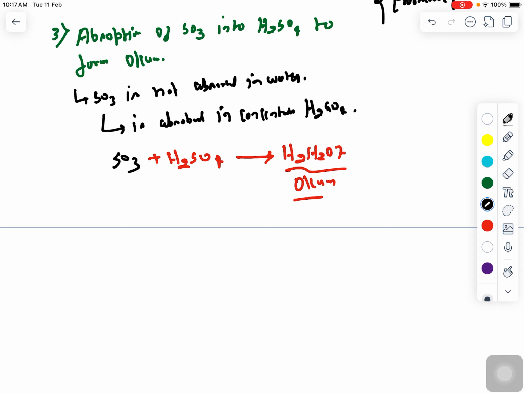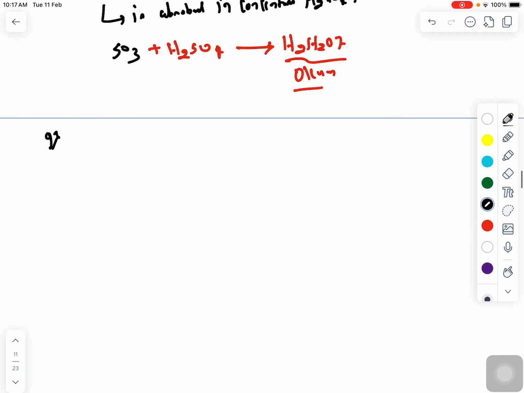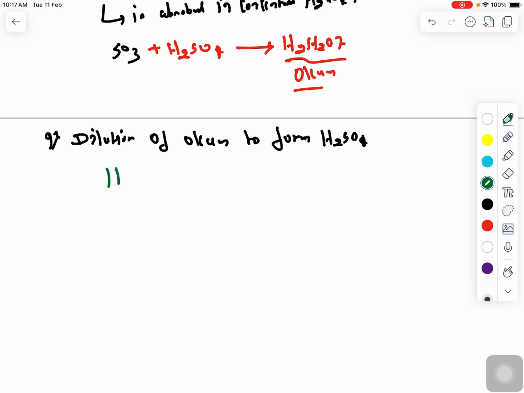After that, in the fourth step, there is dilution of oleum to form sulfuric acid. Dilution of oleum to form H2SO4, right? Here oleum H2S2O7 reacts with water, means it is getting diluted with water, and it will form two molecules of